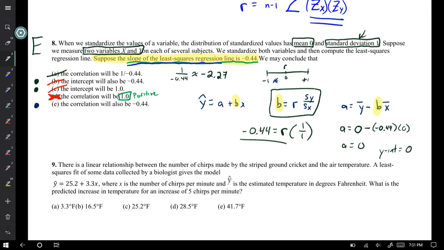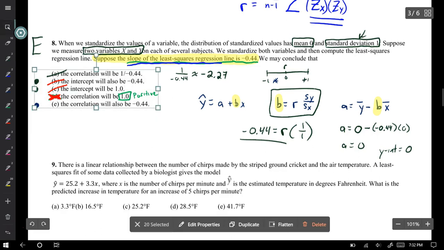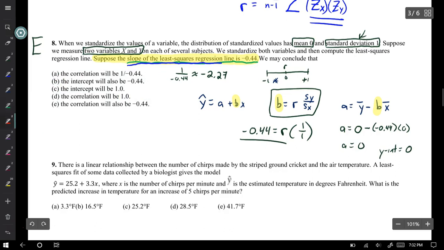So what's up with this problem? It's tricky. I should not choose A at all because that gave me an R value that was not in the range. Right away, A is wrong. But B, C, and E, I was stuck on. I could eliminate D as well right away because I'm told there's a negative slope and it's giving me a positive correlation. So there was no reason that I should have chosen A or D. Right away, those violate